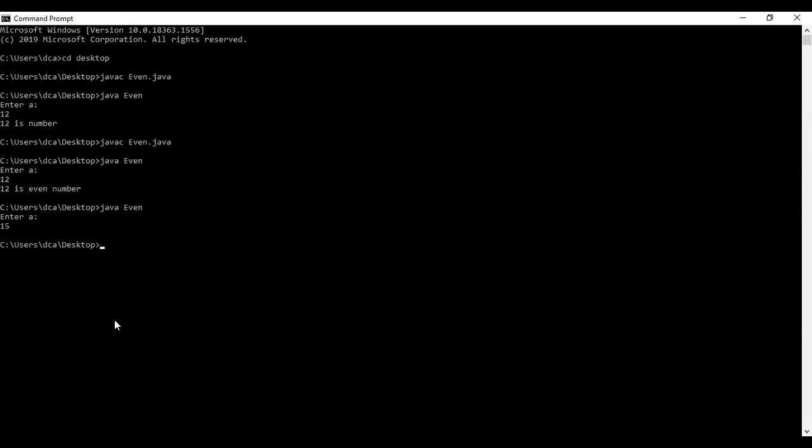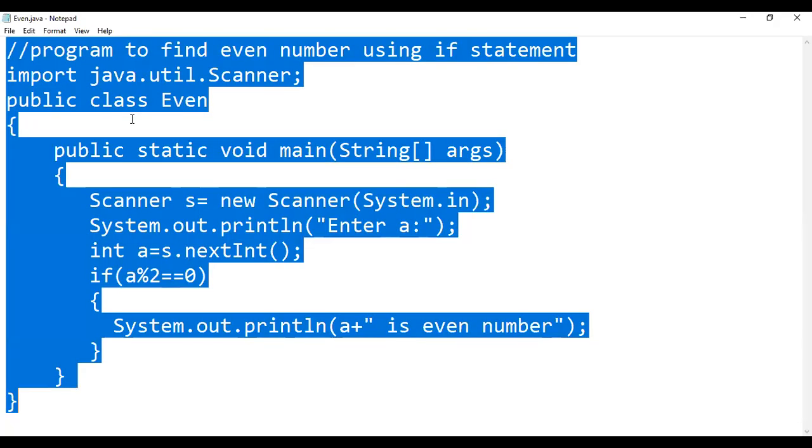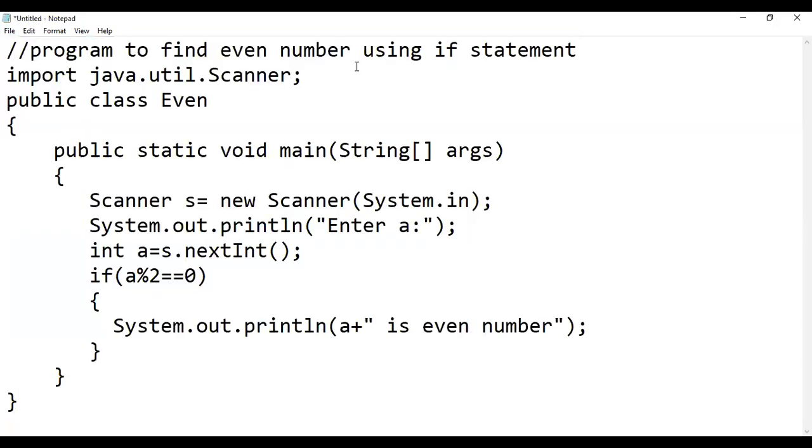Now we will try our next program. This was a simple program related to the if statement. Now we are going to try our program with the help of the if else statement.